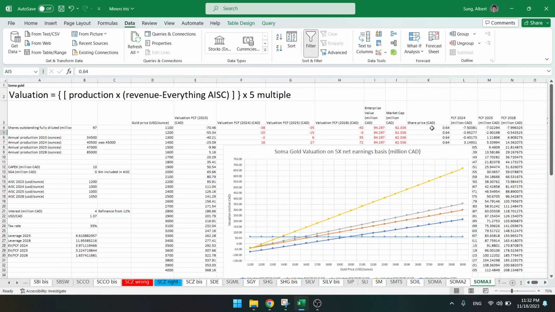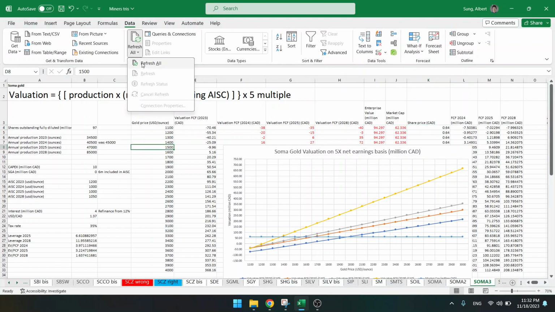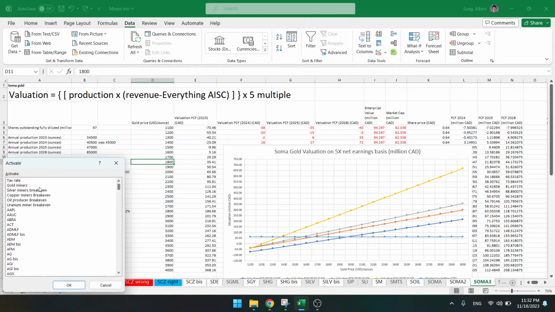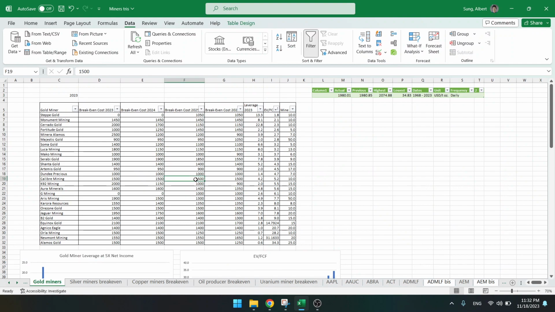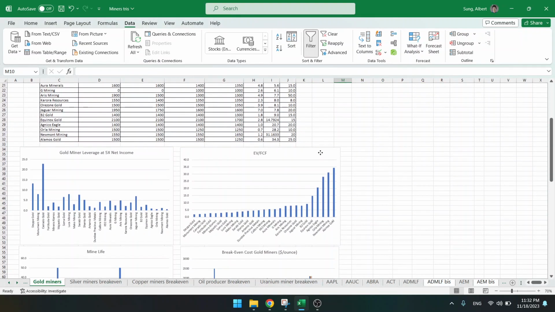Now it's 0.64. So with one click of the mouse, everything changes in this Excel sheet. This is amazing. I don't have to update every sheet ever again. Just click on refresh all and I will have my up-to-date